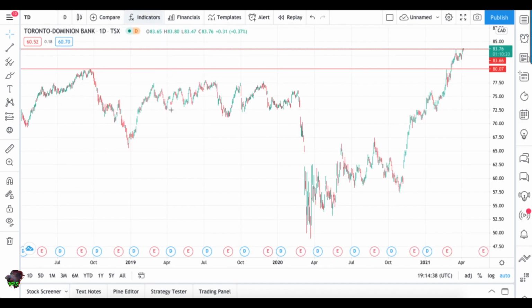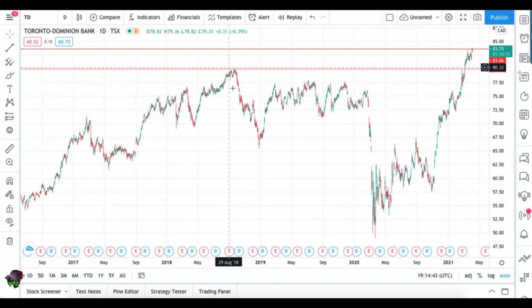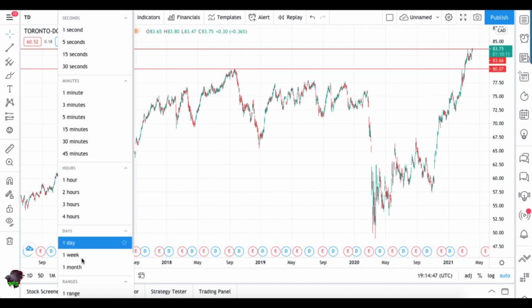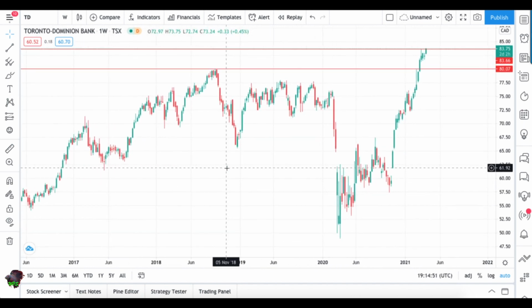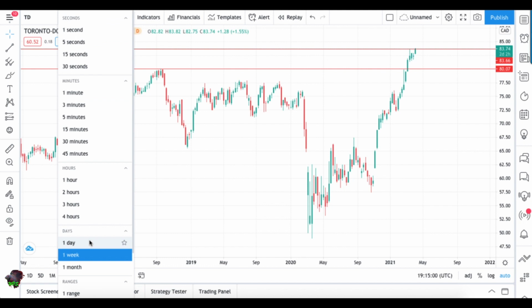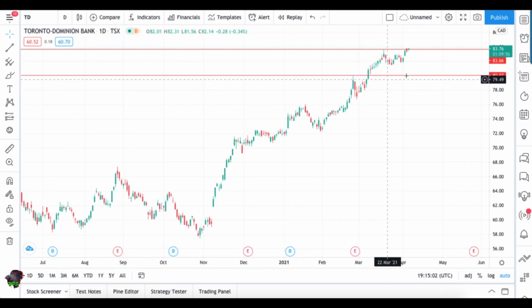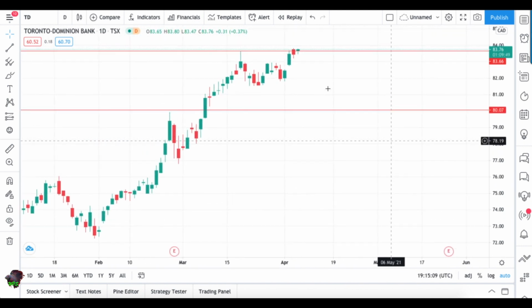We are on a daily chart here, guys. And if I squeeze the chart here, we can see that this highest peak right here was also probably on the weekly chart as well. Let's take a look at the weekly chart. Yeah, we can see it on the weekly chart that this was the highest peak that we had right there. The market finally broke out of this area now. And then what's happening here, I'm going to go on a daily to explain to you what it is. So this $80 area was broken out and we reached this $83